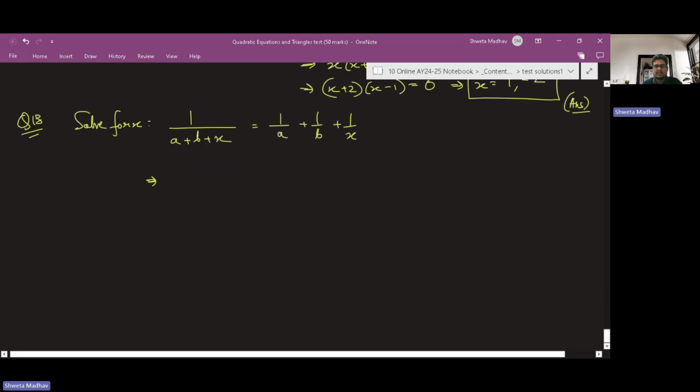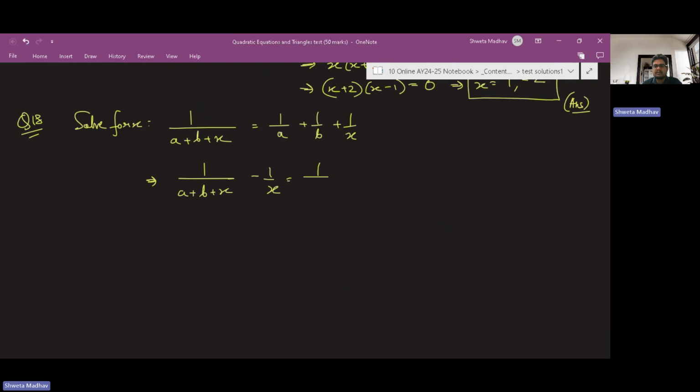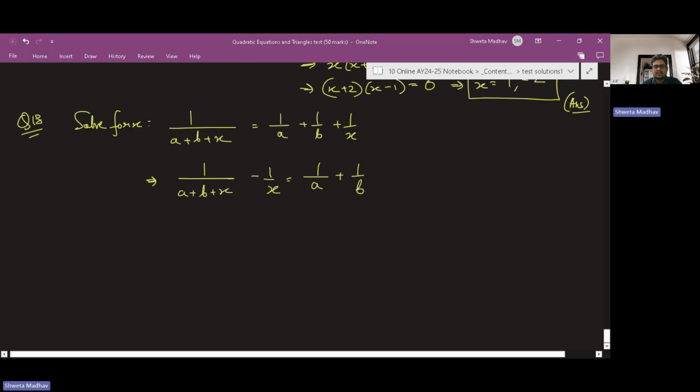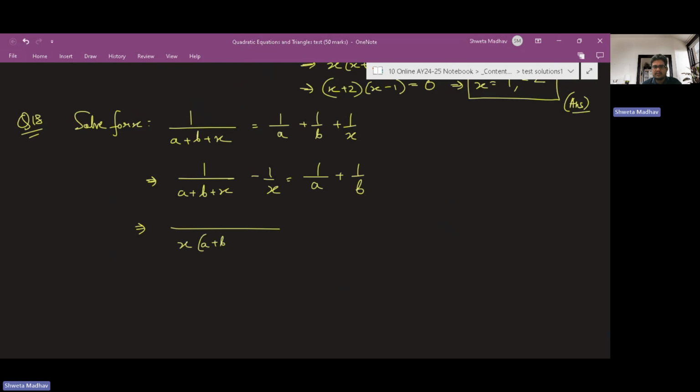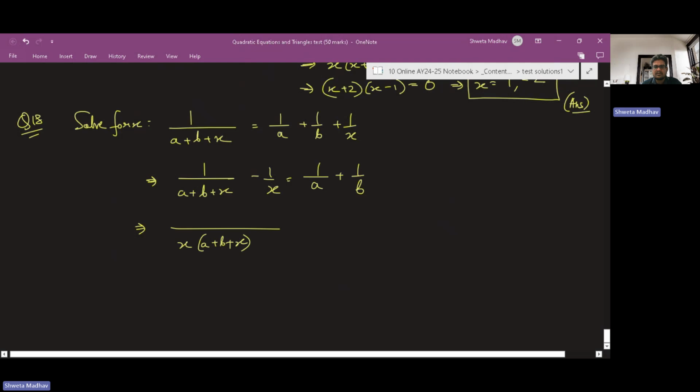So here we can take all the variables on the left hand side. So this will be 1 by (a plus b plus x) minus 1 by x, that is equal to 1 by a plus 1 by b. So then you can take the LCM of the denominators. So that will be x into (a plus b plus x). And then in the numerator, that will be x minus (a plus b plus x). That is equal to,